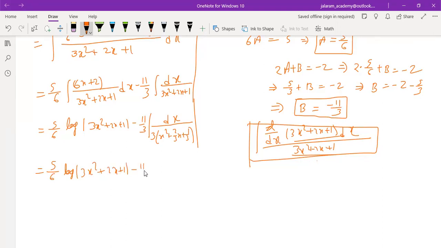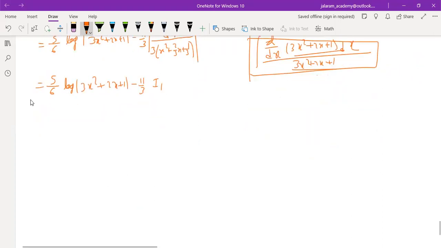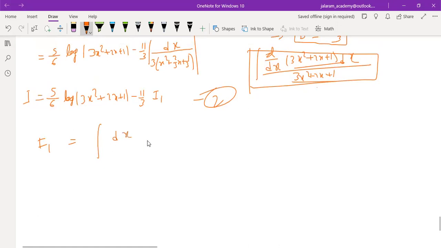If you don't want to write it again and again, take it as I1, and this is I. Write it as equation number 2. Solve I1 equals dx upon, or if you write this 3 3s, 9, also is the same. Now it is only x square plus 2 by 3x plus 1 by 3, which we have to solve,